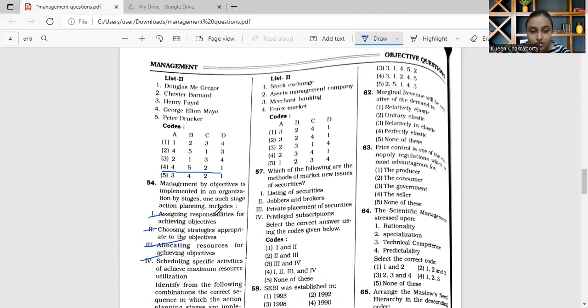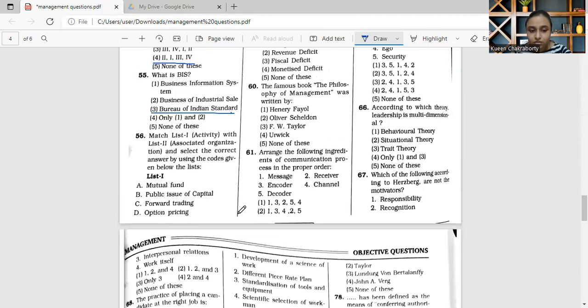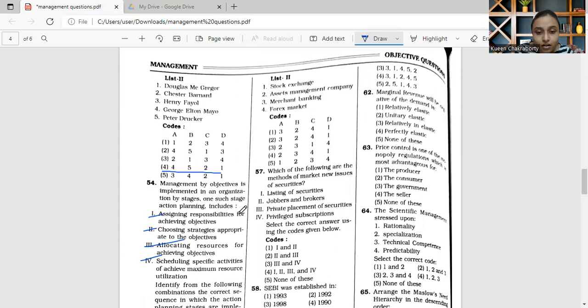This question is mainly speaking about the foreign market and stock market, talking about options and forwards. The first one we have is mutual fund, which is A. Accordingly, I will say that it will be asset management company. Why? In India, mutual funds work like a trust, and they are legally called asset management companies.